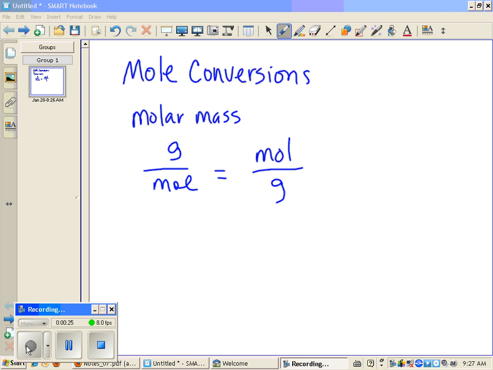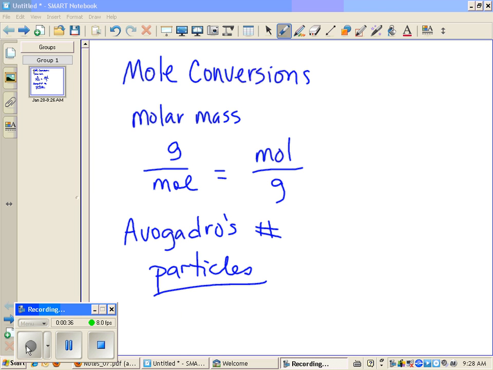The other thing will be Avogadro's number, and that will be particles over moles, or moles over particles. Again, your units will tell you what to do. All right. The third one